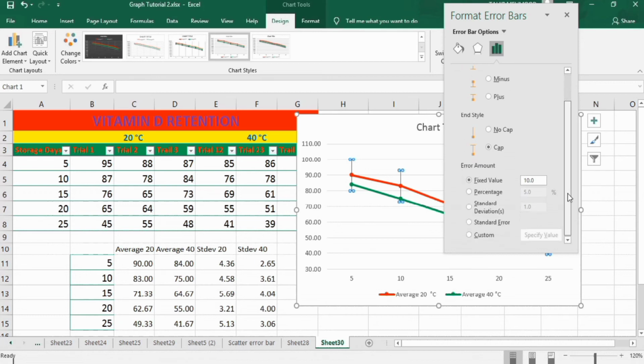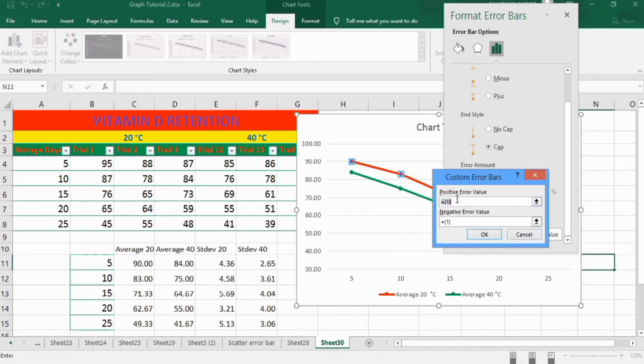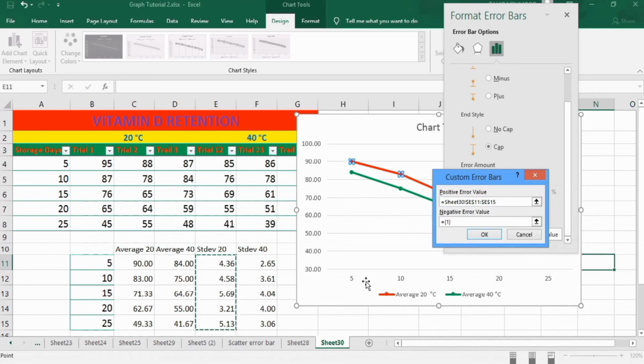Now scroll down, and in error amount you will select custom. Click on it, and again click on this specify values. You will find two options, positive error values and negative error values. Clear existing entries and select this standard deviation. Because we have selected this average at 20 degrees centigrade, so we will select the standard deviation at 20 degrees centigrade. Select this one.